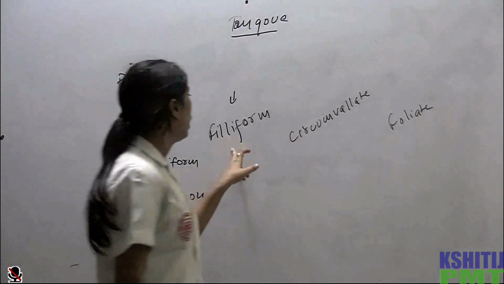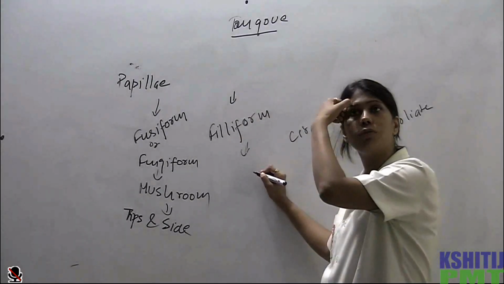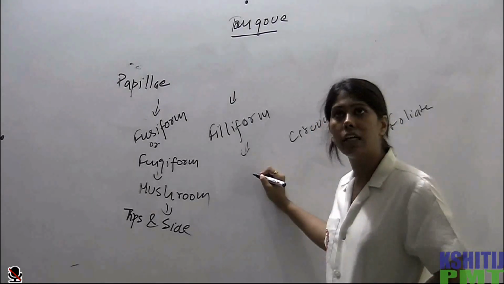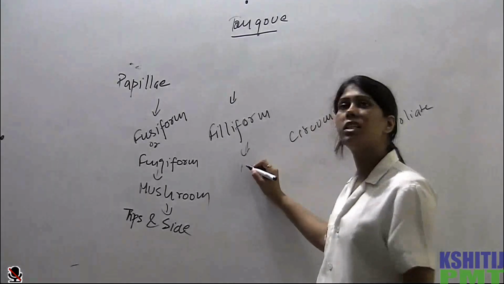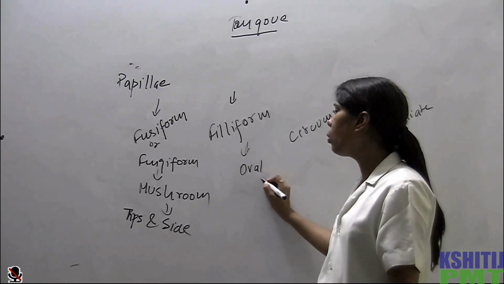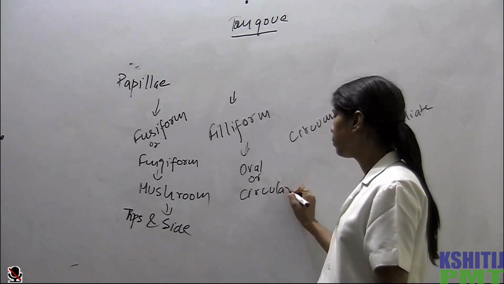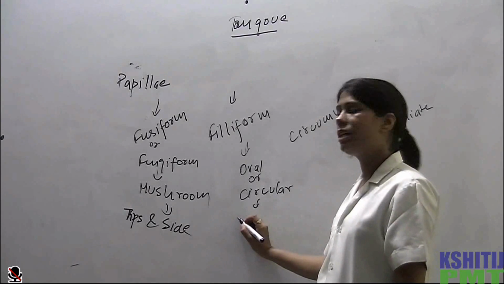Right. Now, after that we come to filiform papilla. Filiform papilla is present in the mid of the tongue, and its shape is oval or circular. Okay, and this is present in the mid of